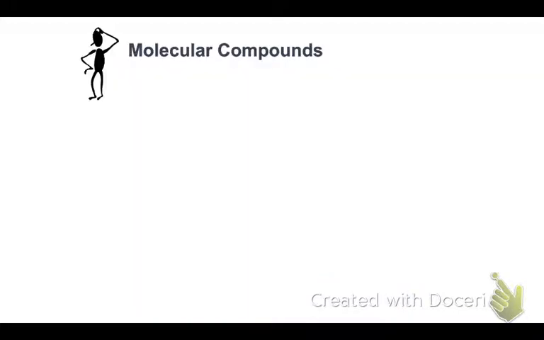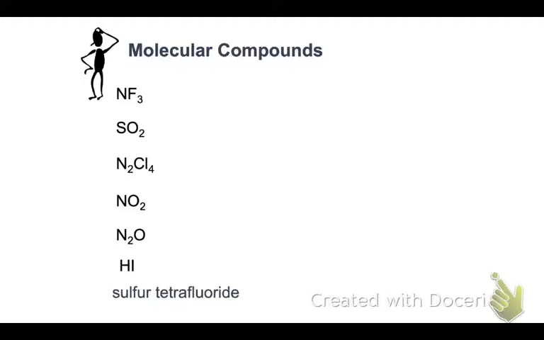Now let's look at the molecular compounds. If I want to name these here, the first one is nitrogen, the element as it is. I have 3 fluorines, so I'm going to say nitrogen trifluoride. Next one, sulfur and 2 oxygens. For the first element we do not mention mono, so what are we going to say? Sulfur dioxide. Next one, I have 2 nitrogens and 4 chlorines, so I'm going to say